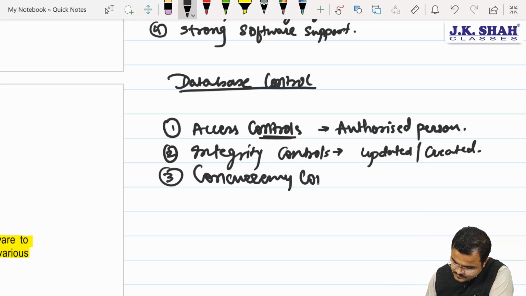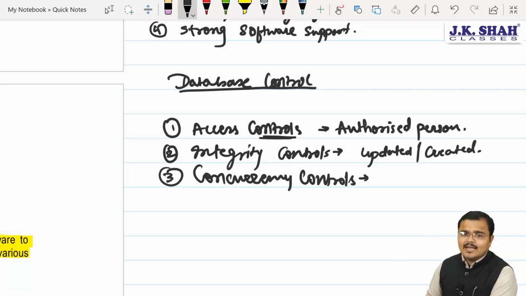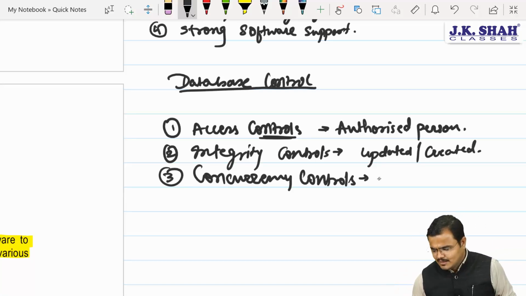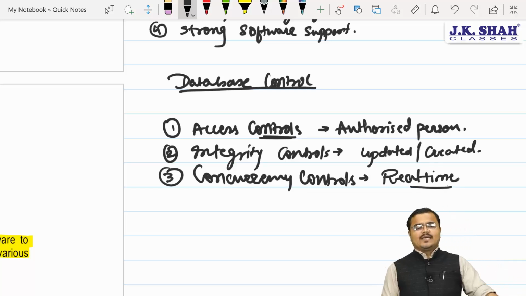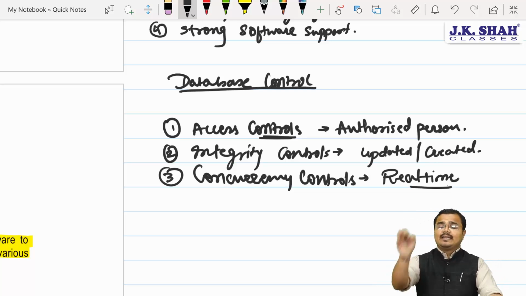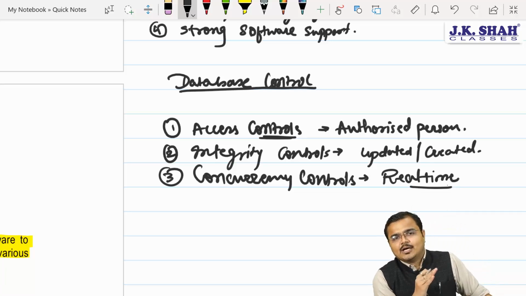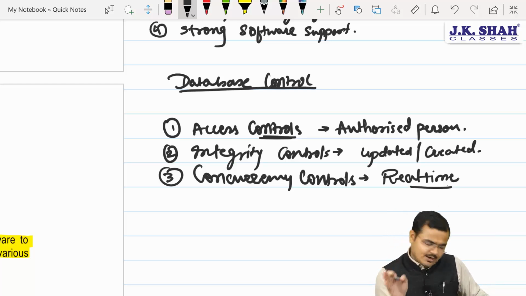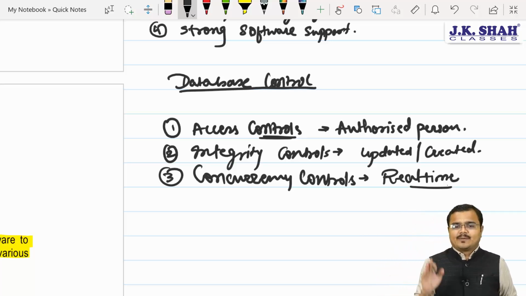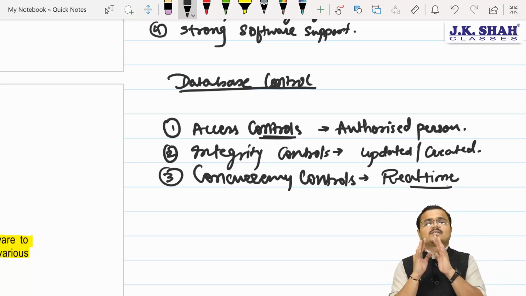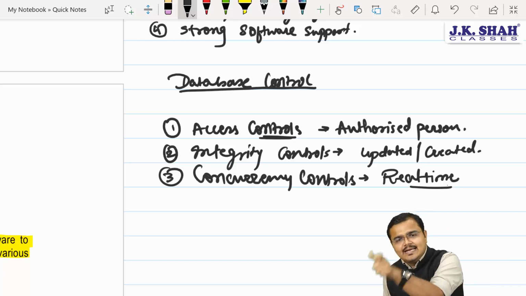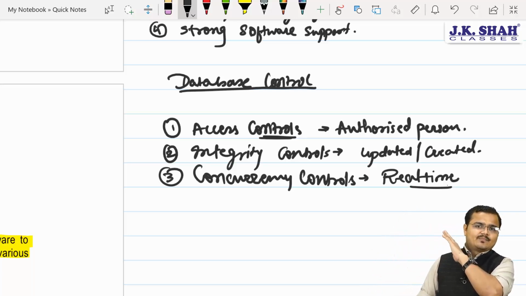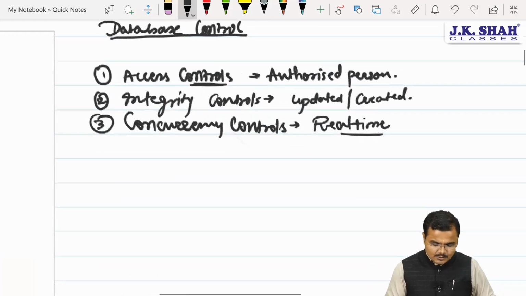Concurrency controls. Now, concurrency controls refers to a very simple thing. All the database must get updated on what? Sir, real-time basis. Suppose some changes are made into the database, it gets immediately reflected. Am I very clear to you? In the earlier objectives we had seen no batch processing for database management system. In order to manage the database in a perfect and precise manner, we should always make sure that concurrency control exists. We should make sure that my database gets updated as and when any changes are made into the existing database. Agree?